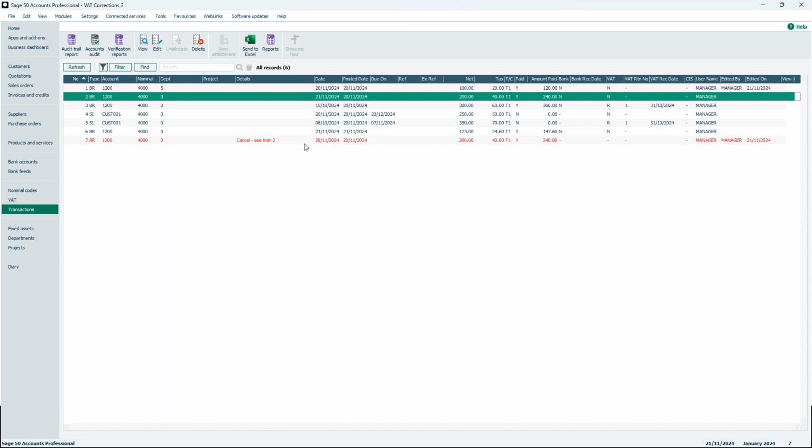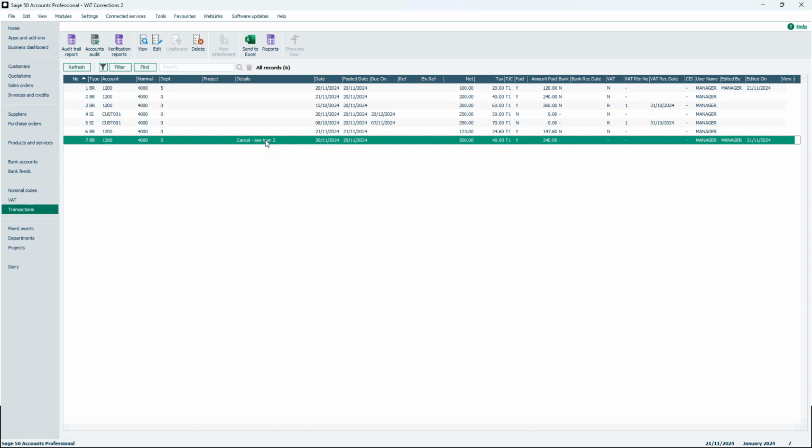And further down at the bottom, we've got this new transaction which says cancel, see transaction 2. So it's recognizing it was a correction. So it's also pointing me back to the original transaction. So I can see not only was this a result of a cancelled transaction, I know exactly where that cancellation was made. So I could compare the two. If I was trying to work out what did I change, I can compare the two, and it is the